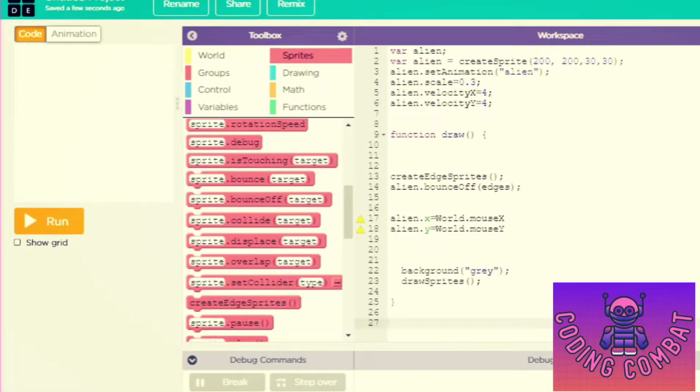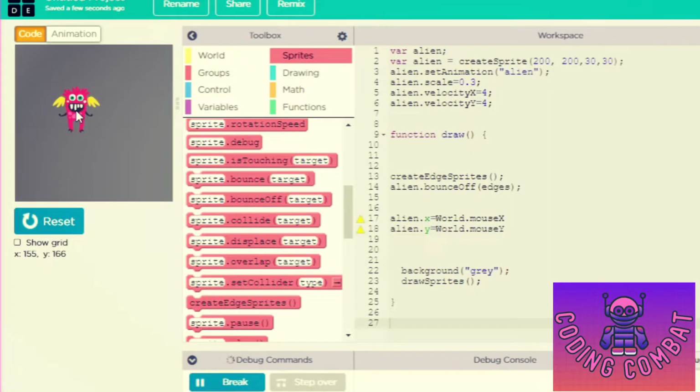The last class was about how to control the animated object using the mouse cursor. This class is about how to prevent the animated object from moving out of the canvas. Here you can see that the animated object is moving according to our mouse cursor, but it is also moving out of the canvas. So to prevent that, we will be giving edges. That means we'll be making edges so that the animated object won't go out of the canvas.